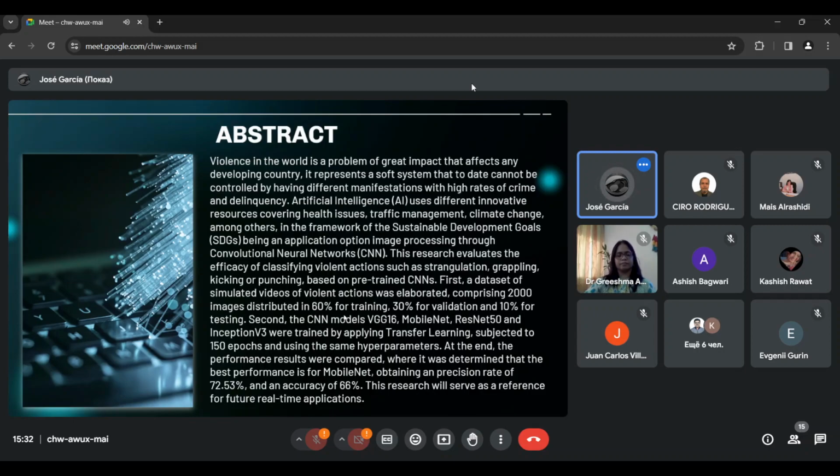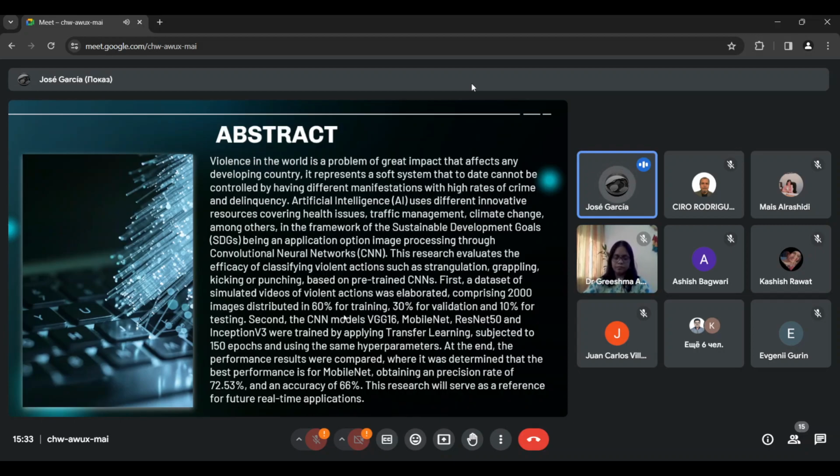The research evaluates the efficacy of classifying violence actions such as strangulation, grappling, kicking, and pushing, based on pre-trained CNNs. A dataset of simulated videos was elaborated, comprising 2,000 images distributed in 60% for training, 30% for validation, and 10% for testing. The CNN models VGG16, MobileNet, ResNet50, and InceptionV3 were trained by applying transfer learning with 250 outputs and using the same hyperparameters. At the end, the performance results were compared, and it was determined that the best performance is for MobileNet,